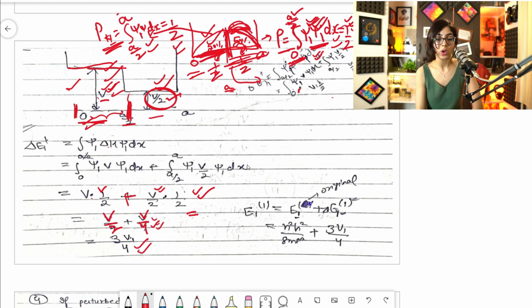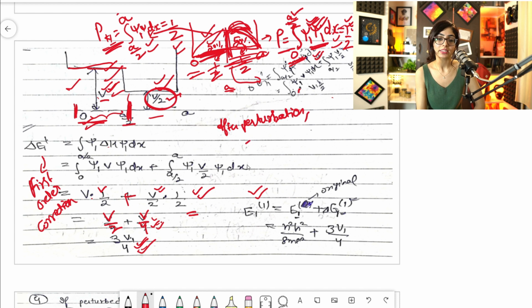So now you have this 3v by 4. When you take the LCM and so on, you'll get this value, right? So the answer is 3v by 4. But I want to take some things additionally also. What if the examiner says this is the energy correction? Fine, this is the first order energy correction. But what if the examiner says that I want the exact energy after perturbation? What will be the exact energy?